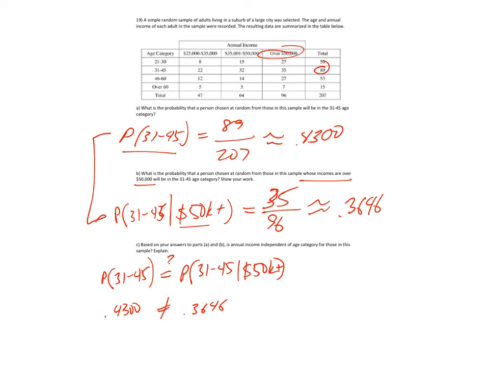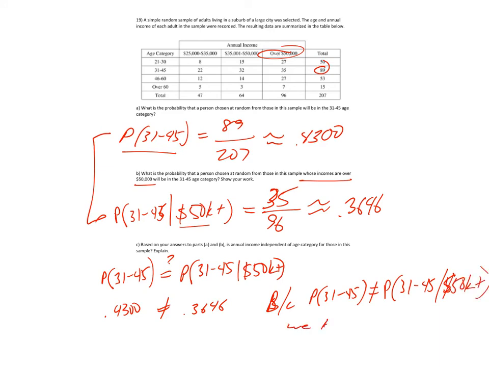So the income did play a role in the breakdown of the age groups. Namely, you'll see that income was higher with older population here, and so your age did play a role, just like it would in something like marital status, where your age would play a role if you're single or married, widowed, divorced, and so forth. So again, we would say because these two are not equal, because probability of 31 to 45 does not equal the probability of 31 to 45 given the 50K plus,